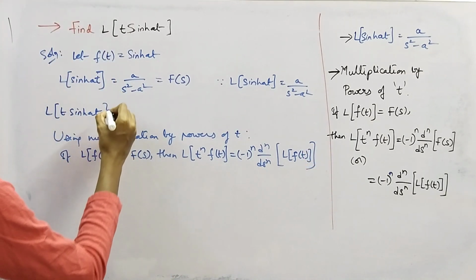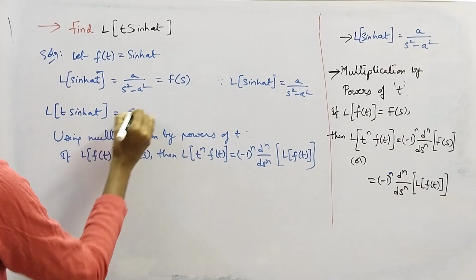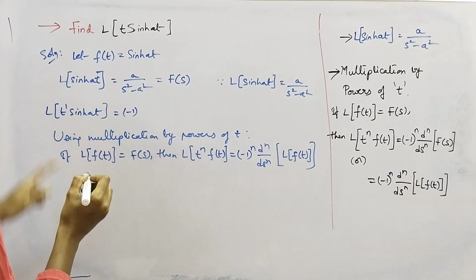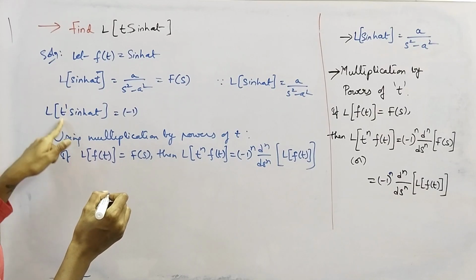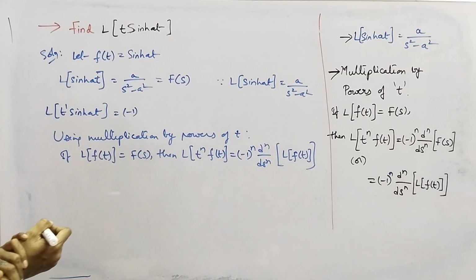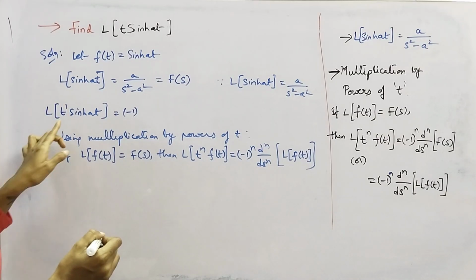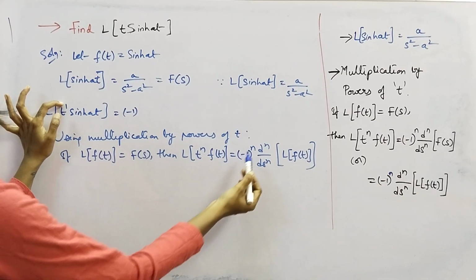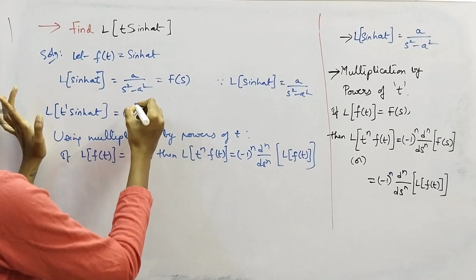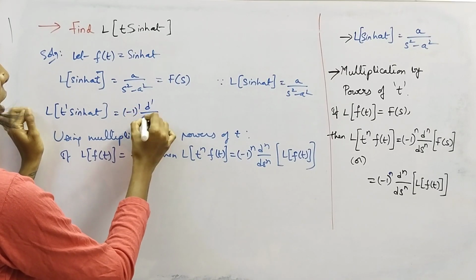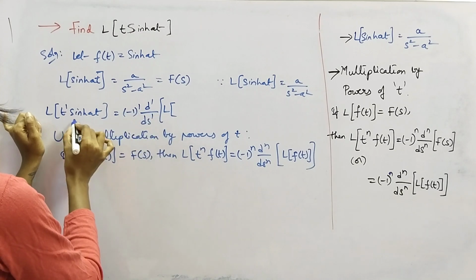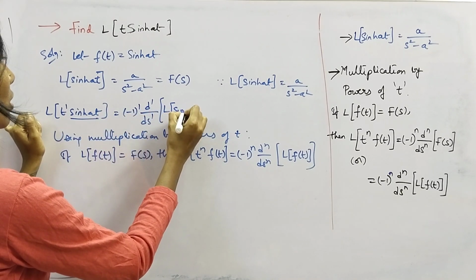Okay, this is equal to minus 1 power n, and here n equal to 1 because we have t power 1 here, so we'll apply n equal to 1 in the formula. Simply d power n by ds power 1 into L of f of t, that is sinh at,